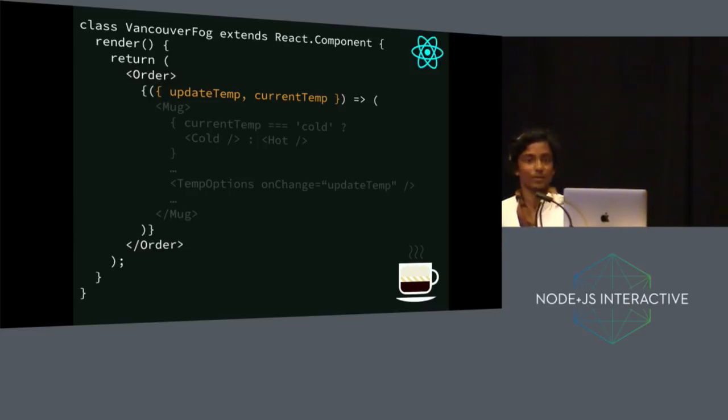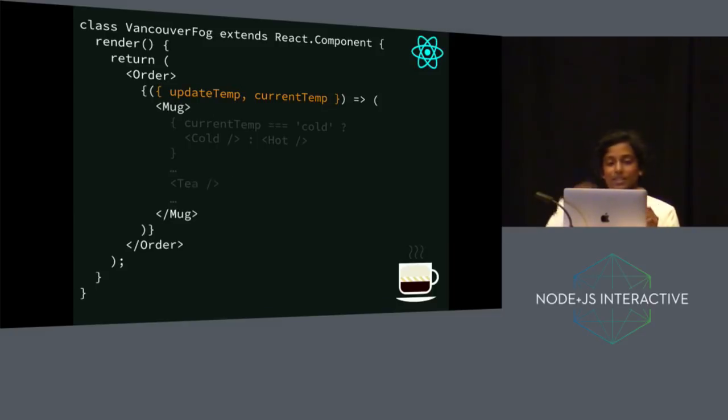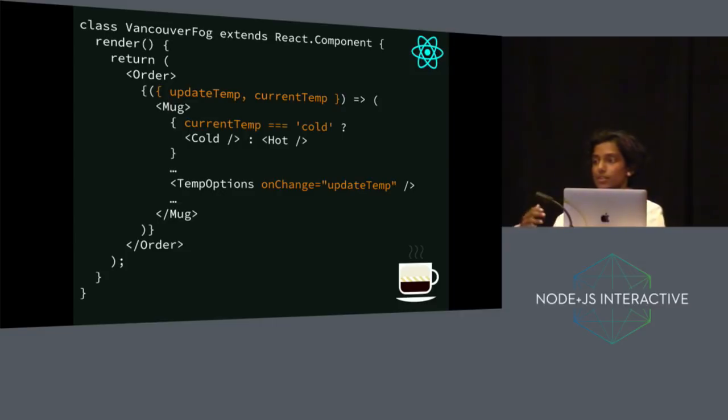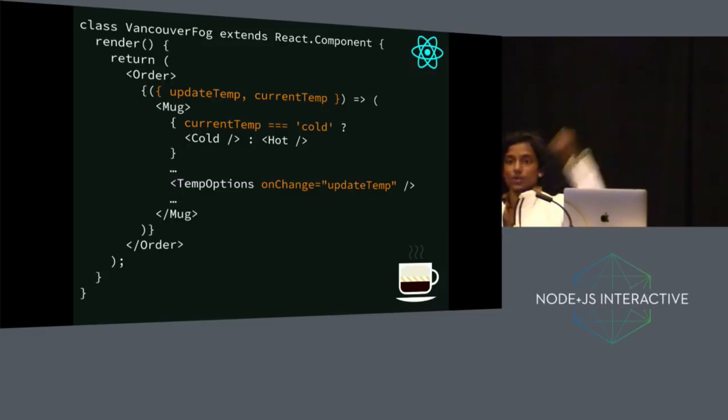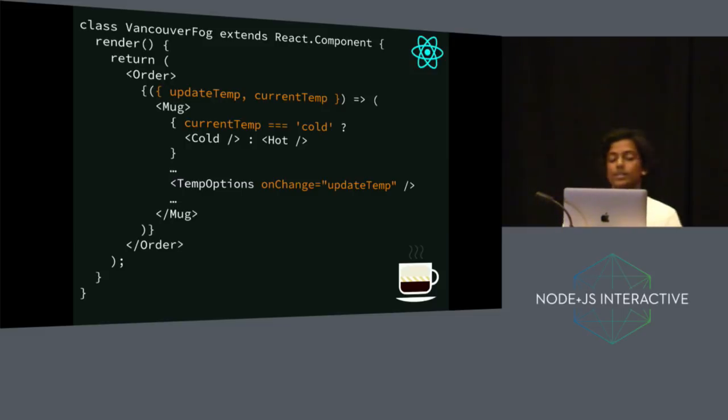Context is, again, a bad word because that means something different, but you get the idea. It's like the scope elements. Scope also means something else, but whatever. And so you grab those things, and then you can pass it to your other children elements. So we have current temp. We can pass that to like the cold or the hot element. And then we have the temp options, which is like the radio buttons. So the radio buttons now don't determine their own logic, because it's just grabbing logic from the parent component, which